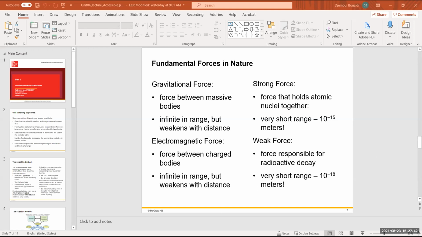And unit 4, let me make sure that I have all of the units lined up, because it looks like this is unit 5 and this is unit 6. Yes. Okay, so these are the units that we're going to be covering in this